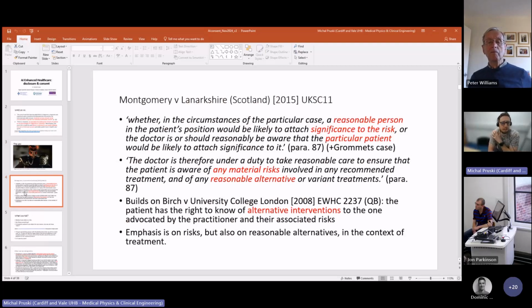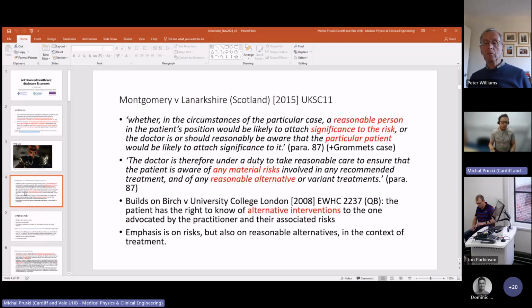But what's important to highlight is that as a result of this, it has been established that there's both a subjective and an objective standard in the UK with gaining patient consent, because there's this standard that you should tell a patient whatever a reasonable patient in that circumstance would attach significance to with regards to risk. But there's also a look at the particular patient. So if you know something about the specific patient that they value, that they would attach significance to it, you should disclose those risks as well.